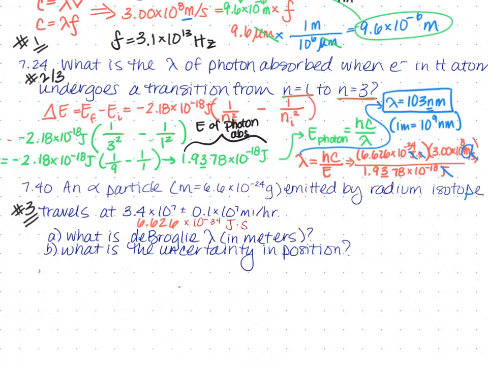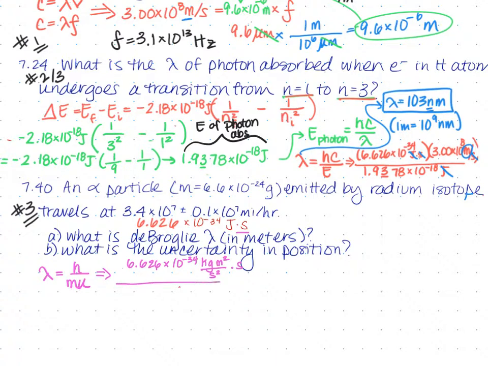I know that the de Broglie wavelength is equal to Planck's constant divided by the mass of the object that I'm studying times the speed of that object. Okay, so writing this out, I have 6.626 times 10 to the negative 34. I'm going to write out what a joule is, and you should be familiar with this so you know how units cancel. A joule is a kilogram meter squared per second squared, and then we have times second, so times second,